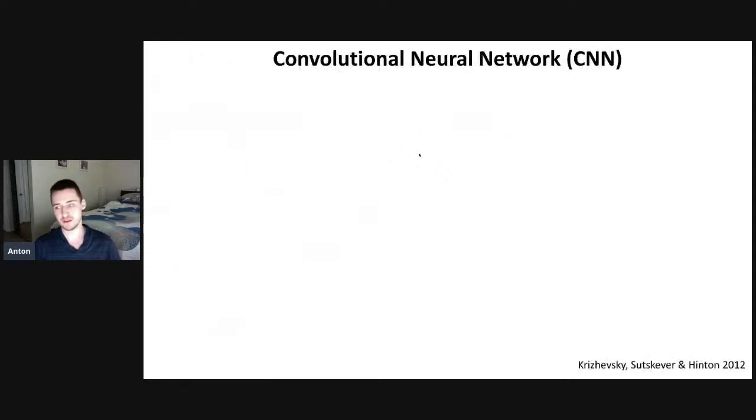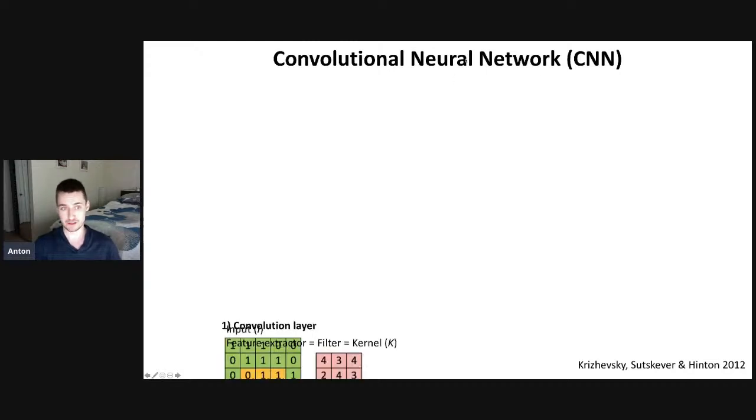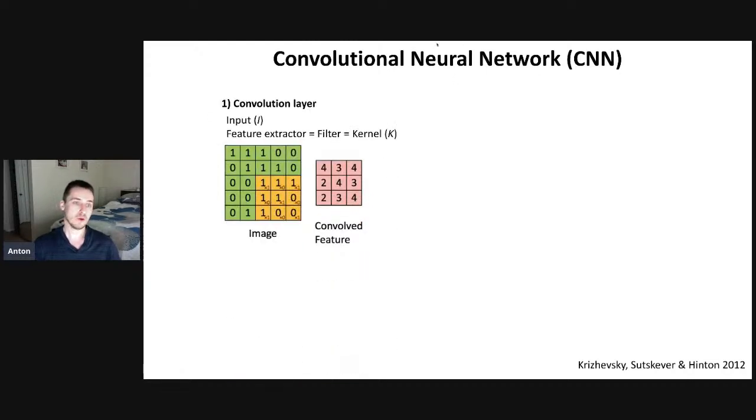And relatively recently, about 9 years ago, a team led by Krizhevsky came up with a very simple procedure that is very effective. This procedure basically created convolutional neural networks. The idea is pretty straightforward. We have a so-called convolution layer. Green is our input, our picture, for example, and we have this feature extractor, this orange